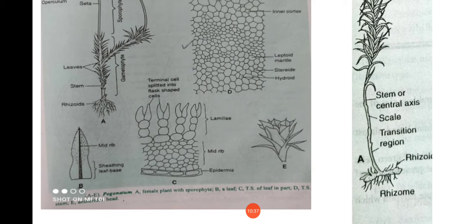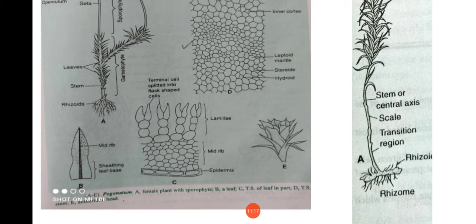The midrib forms the major part of the leaf. It is several layers thick in the center and gradually merges with the rudimentary wings, that is the lamina, at the margins. On the lower side, it has a distinct epidermis which is composed of a single terminal cell. The central tissue is made up of large parenchymatous cells. The hydroids and leptoids are also present in the central tissue of the leaf as scattered cells. You can see that figure.